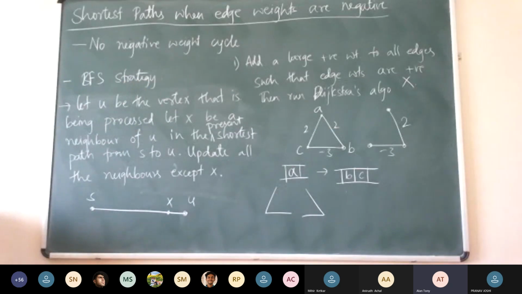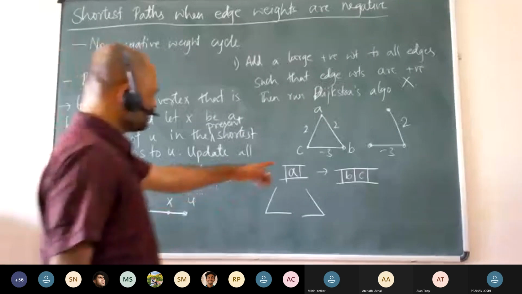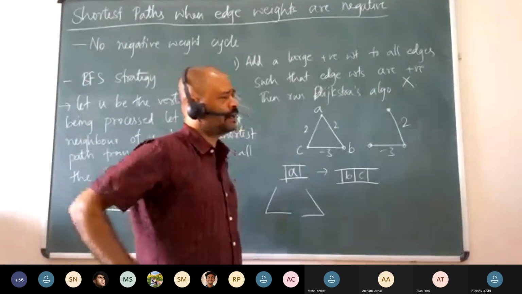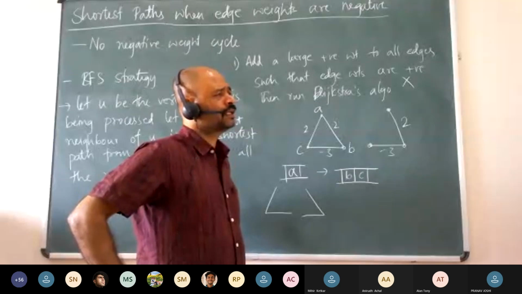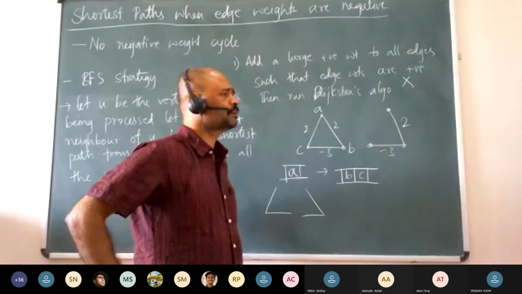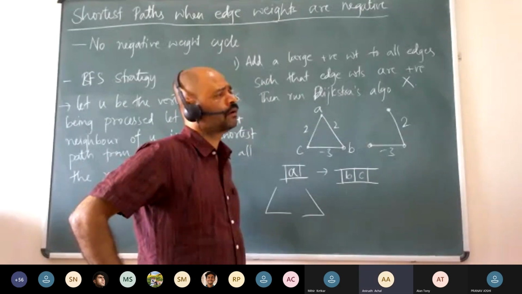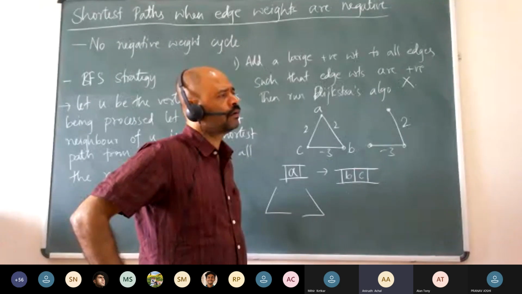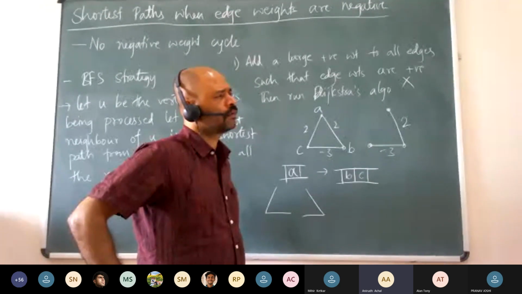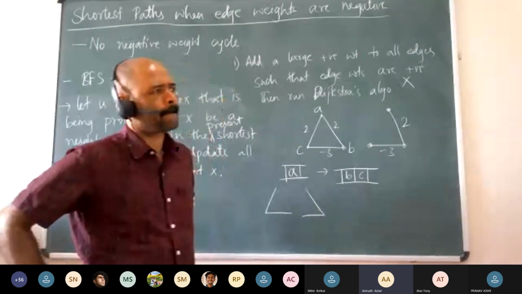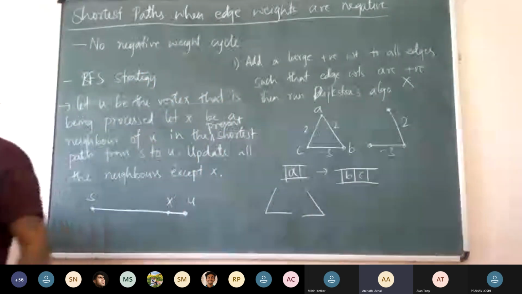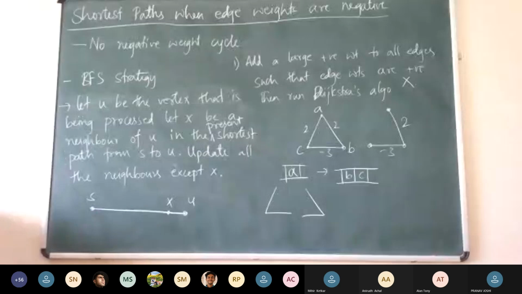One more thing. This is indeed a problem, and is there a way to overcome it? By what you just said, we can use the edge BC here multiple times, like Aditya was saying, and just make it negative infinity. Correct. So we should be careful that we should not use this again.